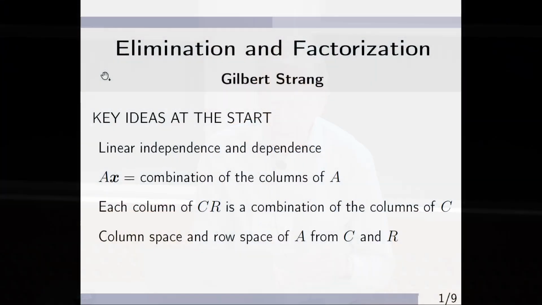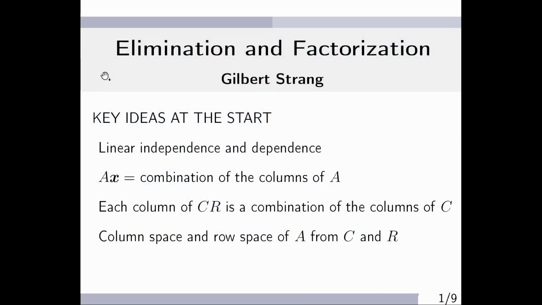I talk about, with small examples, linear independence and dependence of the columns of a matrix. And I emphasize how to multiply a matrix by a vector, that it's a combination of the columns. Every student arrives knowing about dot products, and I try to say, see the big picture, combine the columns, and similarly for matrix multiplication, you're combining the columns of a matrix C with coefficients from R, and that's what I really want to tell you about.